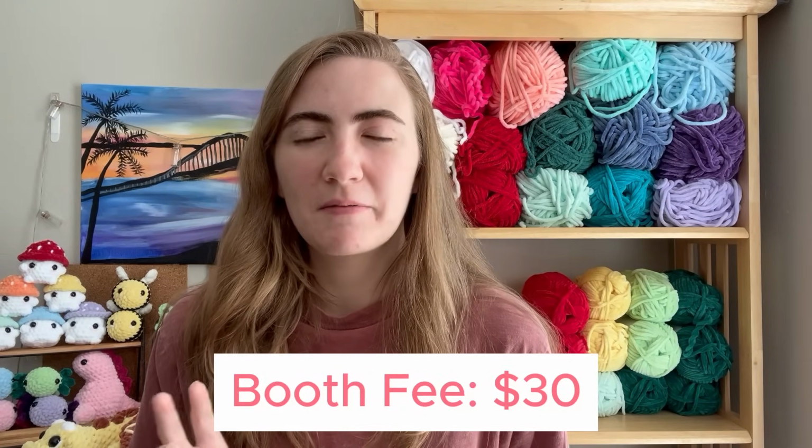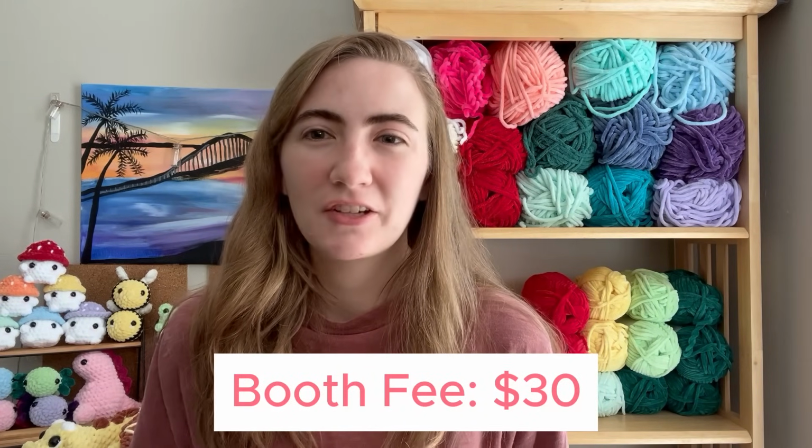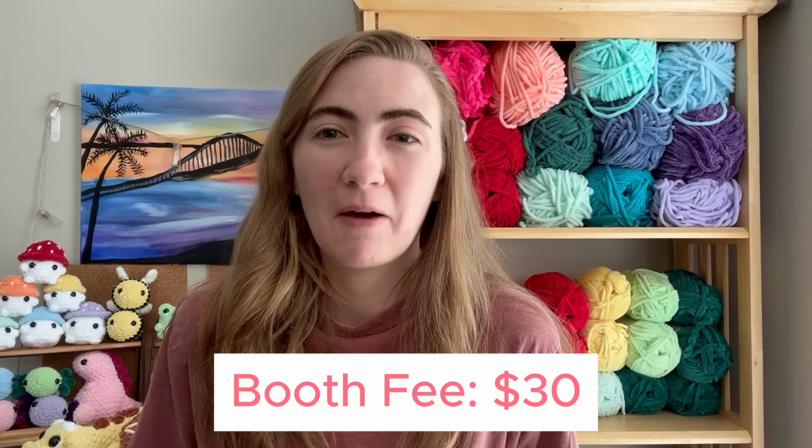So my first market was like 3 weeks ago at this point, and it was exactly what you would want for a first market. It was indoors, so I didn't have to worry about a tent. They supplied the tables and the chairs, so I literally just had to roll up with my plushies and my display stuff. Another reason this was the perfect market was that the booth fee was only like $30, so it was pretty low stakes and I could just kind of have fun and not worry about making back a